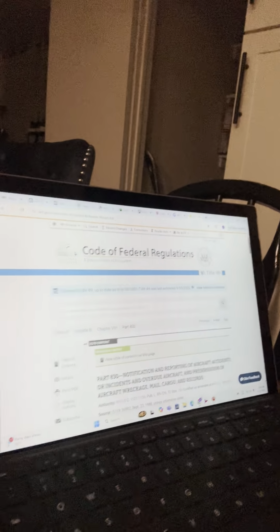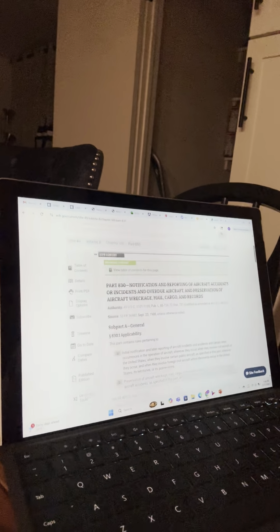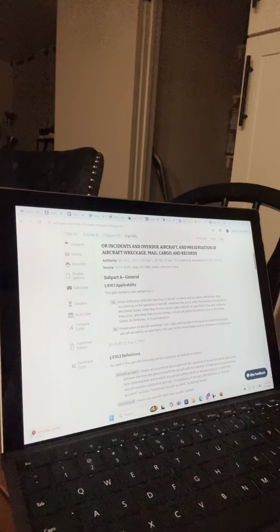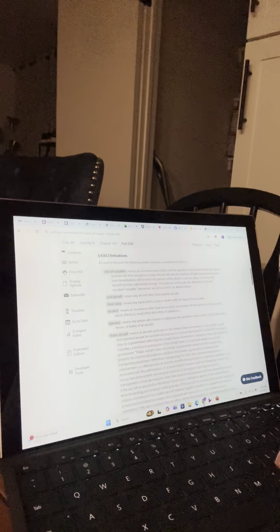So for my content, basically we would go over the NTSB Part 830 overview. So I'm gonna flip my phone around right here. Hope you can see that. So right here, we would just go over 830.1, the applicability definitions,